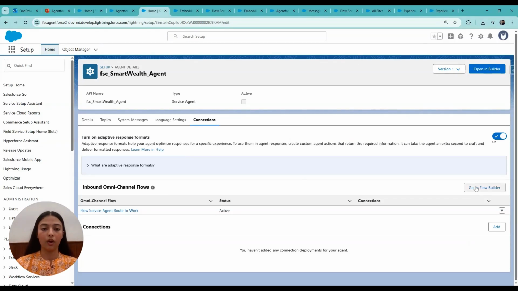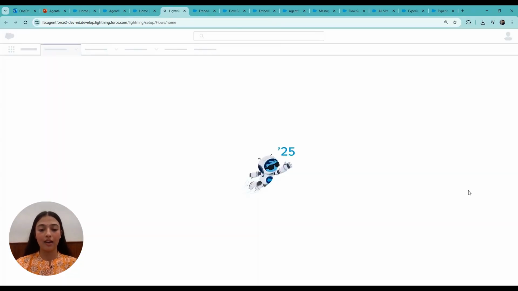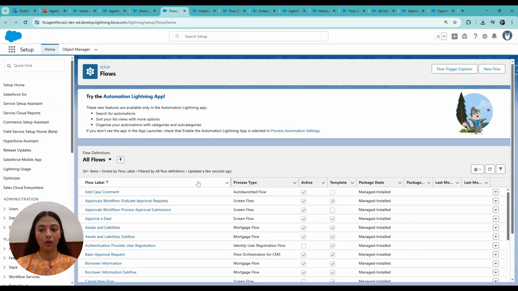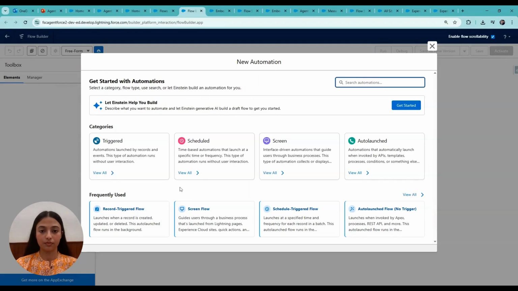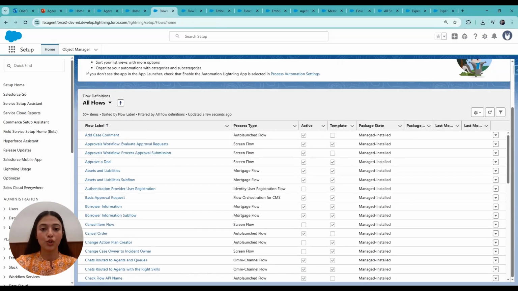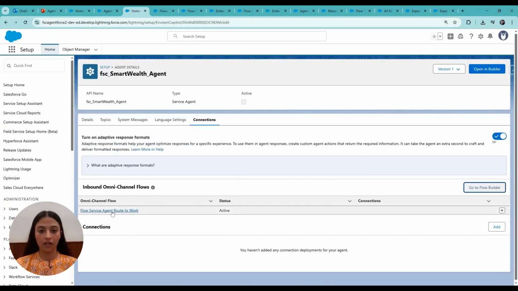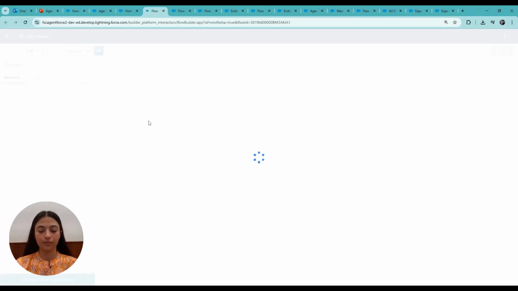Now in this flow, I will pass the record ID as an input. You can see the new automation and get started with the automation and flows on the screen. Pass the record ID here. Choose messaging as the service channel and route to service agent.